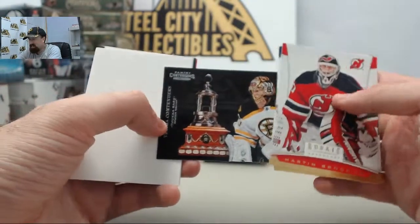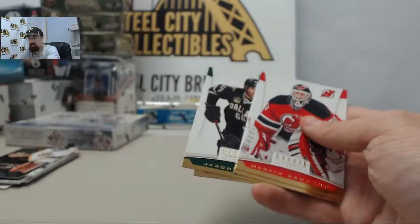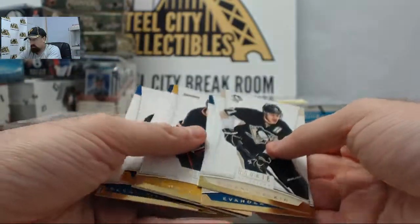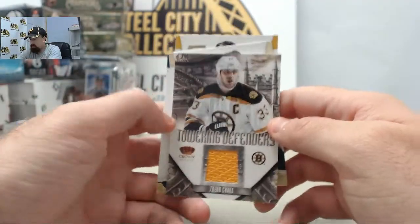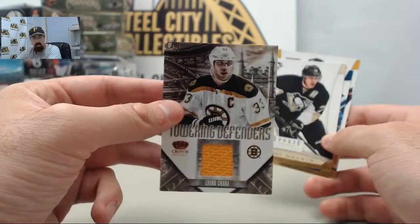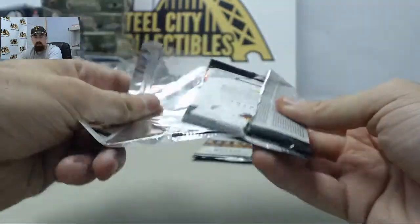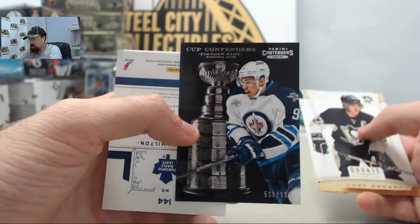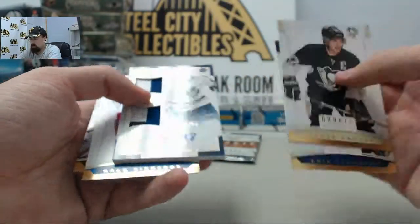We've got the Tuukka Rask Vezina Contenders, 393 of 999 on that one. And we've got the Zdeno Chara Towering Defenders jersey card. Cool looking card right there. 2 packs to go here for Goop. We've got the Evander Kane Winnipeg Jets Cup Contenders, $5.39 of $9.99. And we got a sweet hit